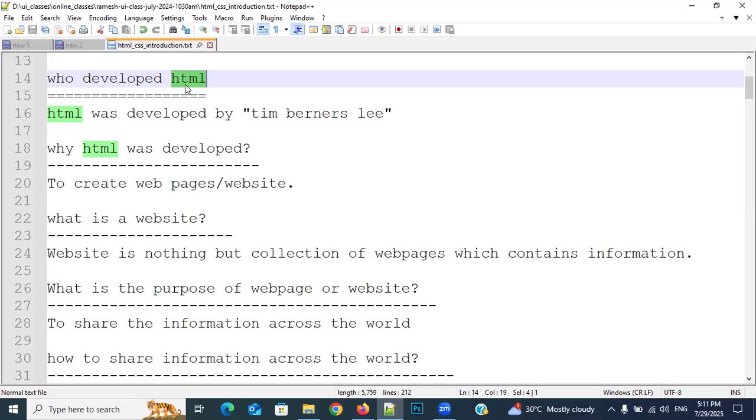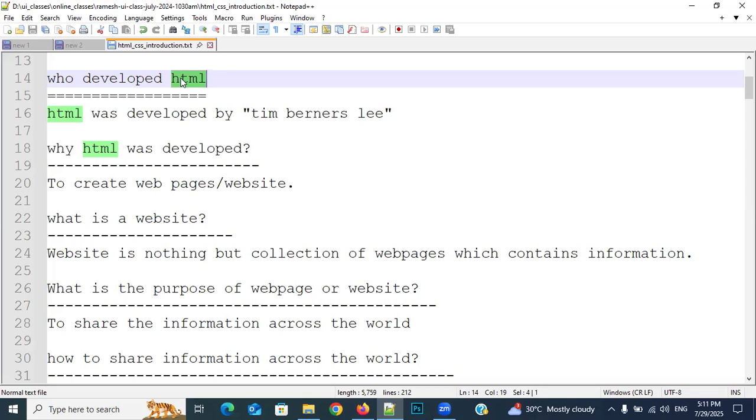And there is a difference between a website and a web application. A website provides only information. We can open a website and read only information. But what is a web application? A web application is nothing but something which provides interaction through the application. With a website we can just read, and with a web application we can interact through the application. That is the difference. Is it clear, everyone? Tell me, respond.